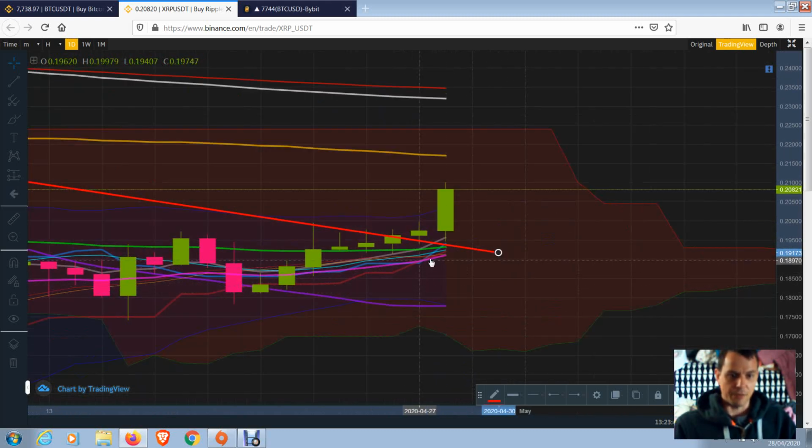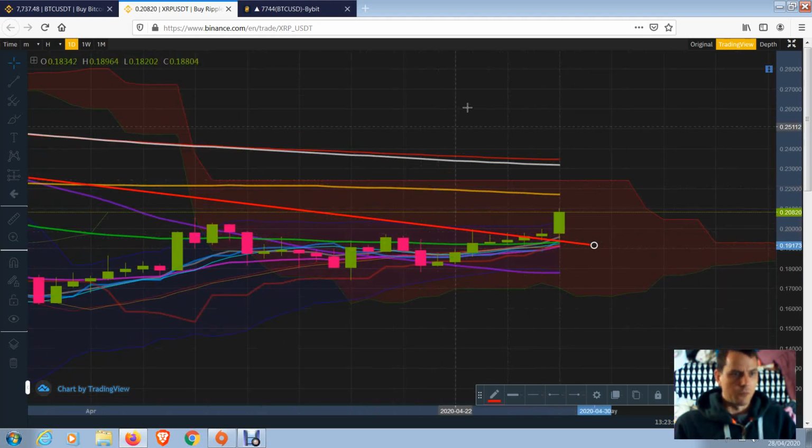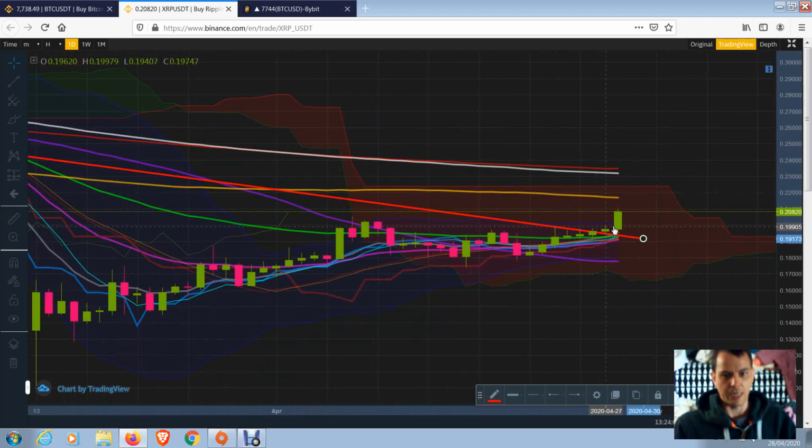But we do have a fresh Ichimoku cloud cross taking place within the cloud, which isn't the greatest way to trade it. I wouldn't fancy trading it here. I am long on this one at the moment, only because I love this 2-year descending trend. I wanted to trade this one again. This one worked out very well for me, so I've traded it again, and I am still holding on to it. But we're not quite getting to where I wanted to be, which would have been about 21.5 cent,